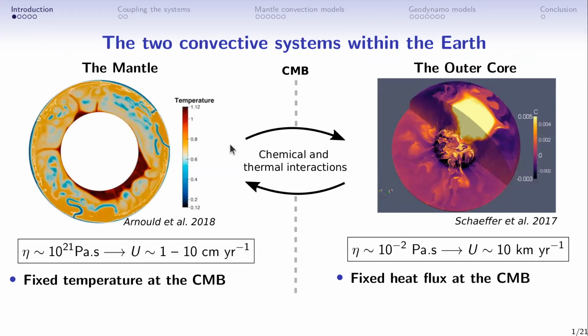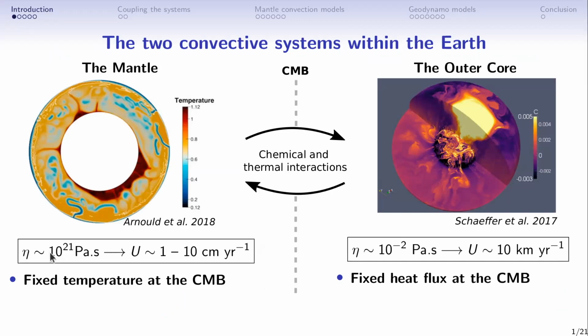So inside the Earth, there are two convective systems which transport heat from the inside to the outside of the Earth. The closest to the surface is the mantle, mostly made of solid silicate. And below this mantle lies the outer core, mostly made of liquid iron. Those two systems interact at the core-mantle boundary, the CMB, with chemical and thermal interactions that are very asymmetrical, because